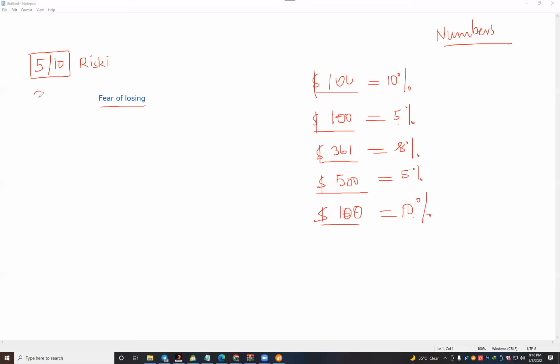Select 3 out of 10. Any strategy you trade, 10 trades you are trading, how many do you have to win? 3. You will get the profit, but a small profit. If you stay with this percentage, then this money management is very good for you. 3 out of 10. Okay, so I'm going to show you the money management, then how we can use it.